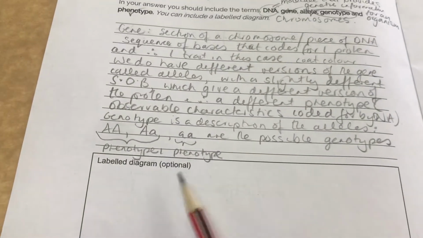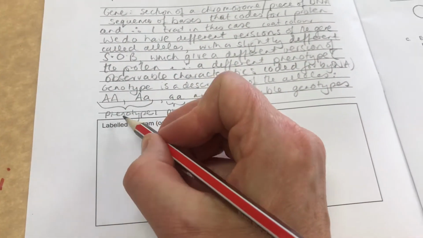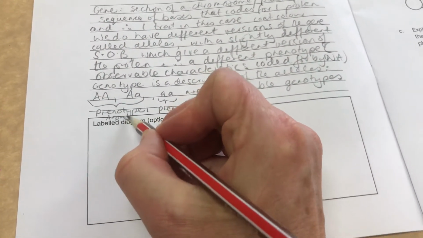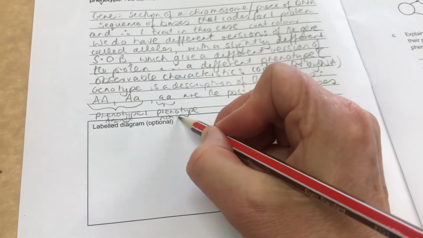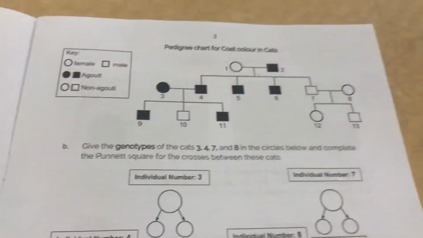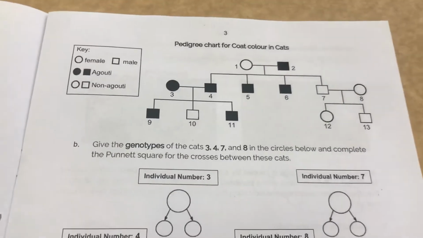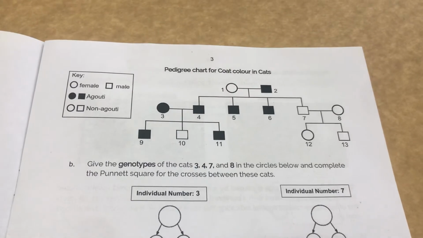So I don't have enough room, so I'm not going to talk about dominant and recessive, but I'm going to talk about the fact that that's agouti and that's non-agouti. And that's probably all I need there. So that's question A. Now let's go over here and look at question B, which is continuing about coat colour